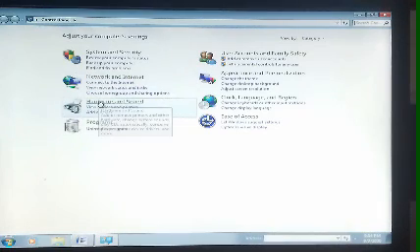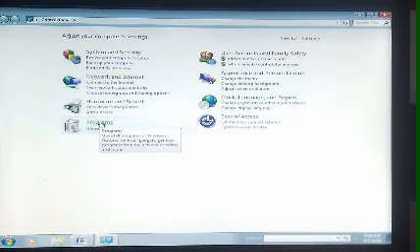And now here you can see hardware and sound, to control the settings of connected hardware devices. And here you can see the programs option. To uninstall a program from a computer, you have to use this option.